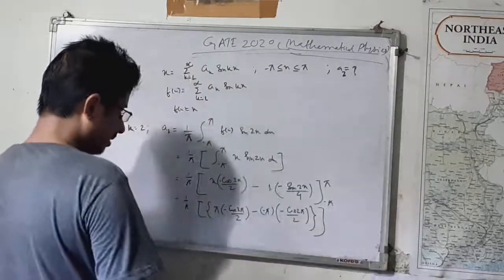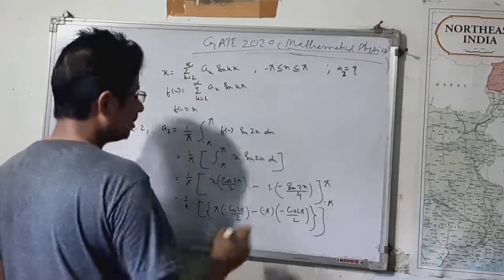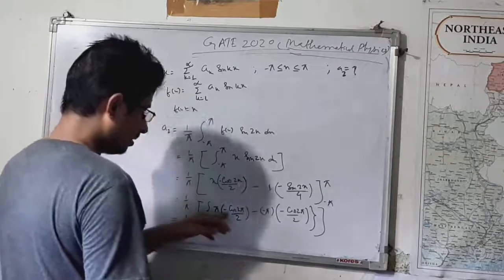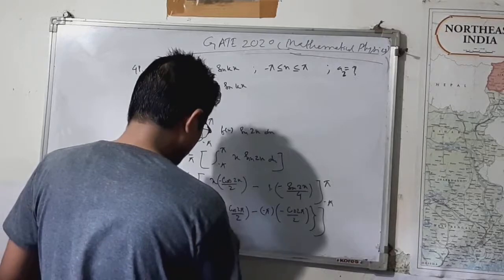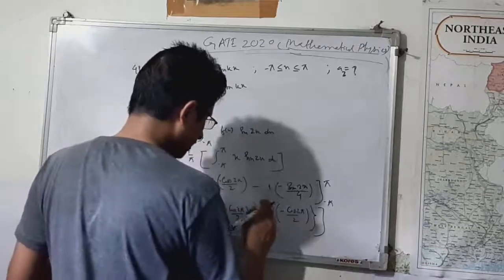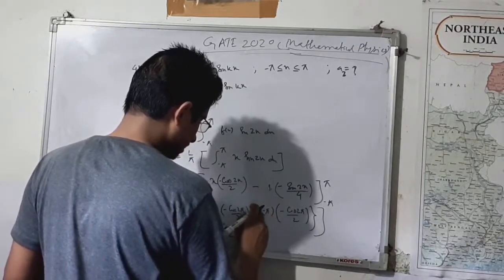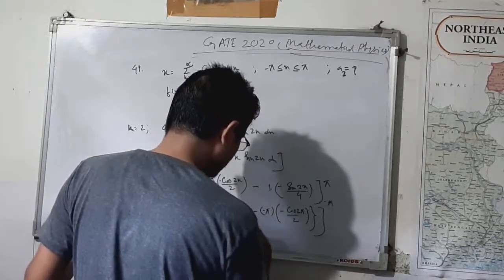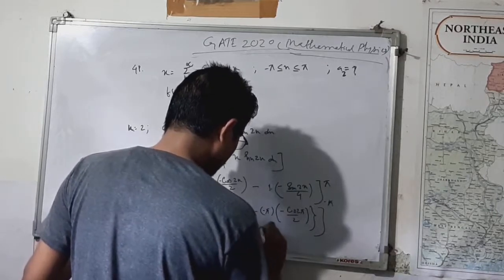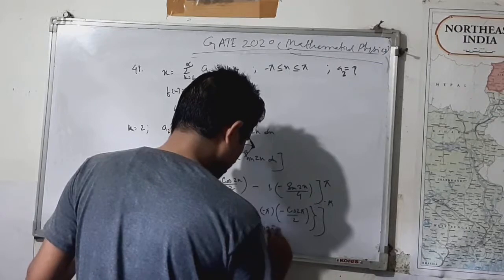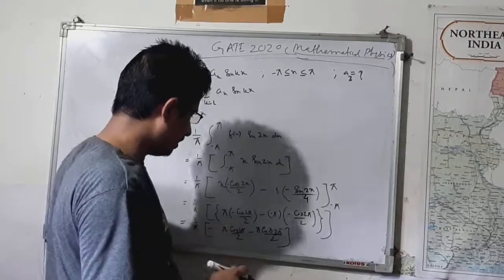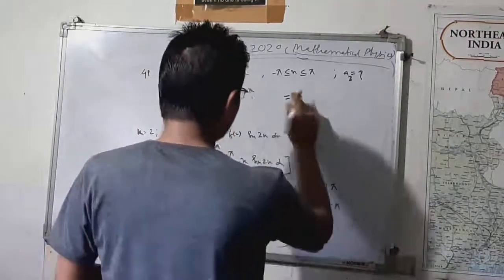So here the value 1 by pi equal to, so this is minus pi cos of twice pi by 2, so this is again pi, so minus plus, plus, so it is, but this is minus, so this is again minus, so pi cos of twice pi by 2. So here we can take